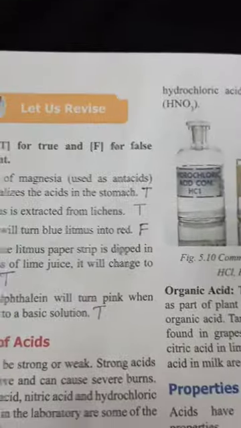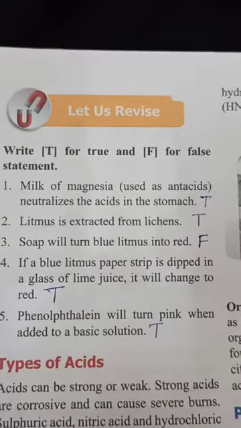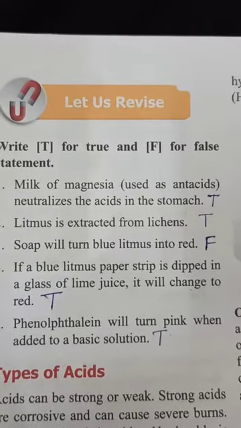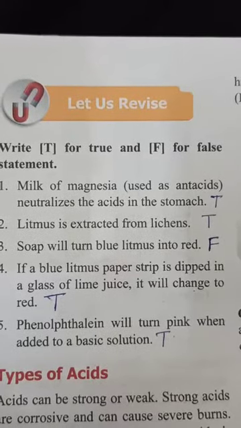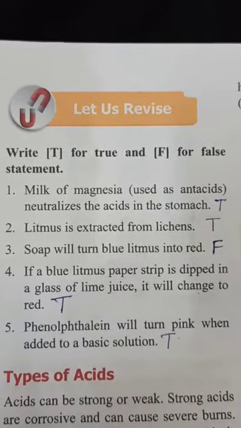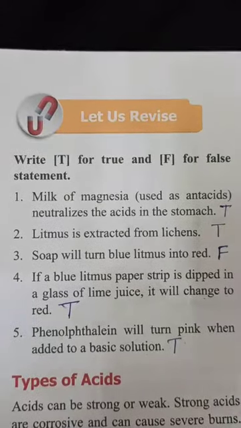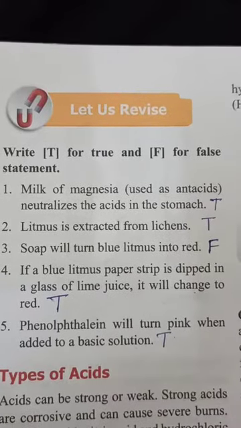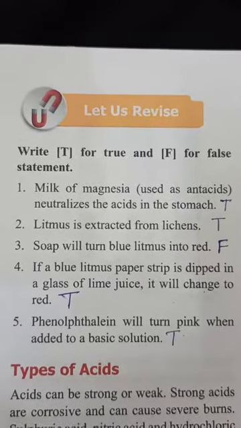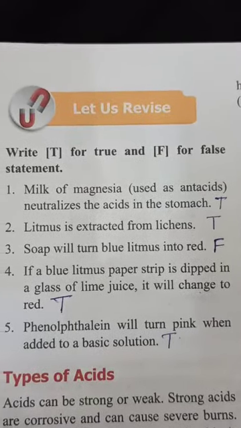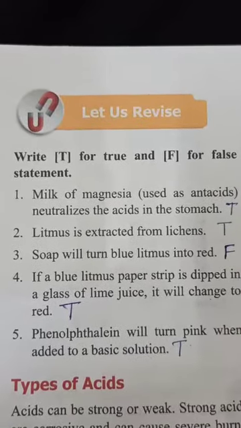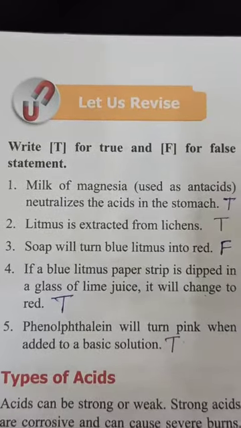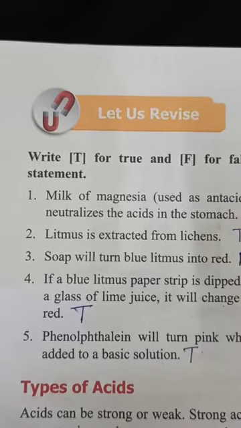So children, this is about the taught part. I have taught you or explained to you. So up to this, read it properly and learn it properly, what is explained in this chapter, because you will study this chapter again in higher classes also, but in more detail. So these are the basic things which you should know properly. What are the acids, what are the bases, and how we can detect them. Understand? So next time we will study further about other topics.